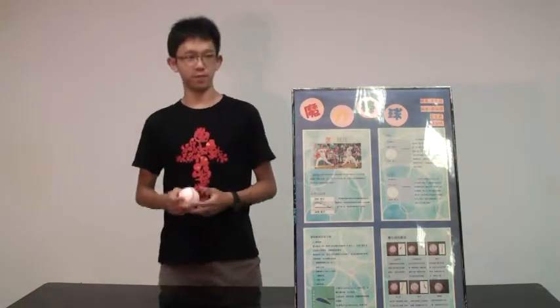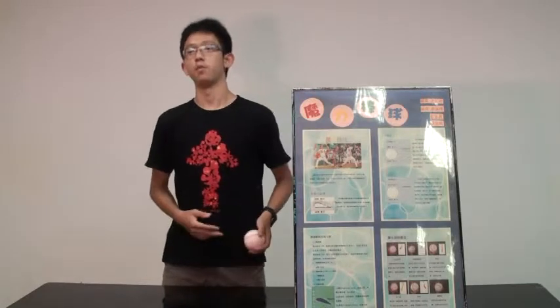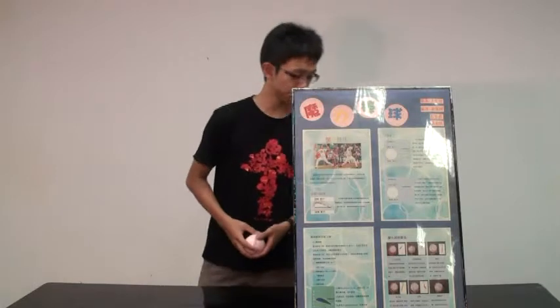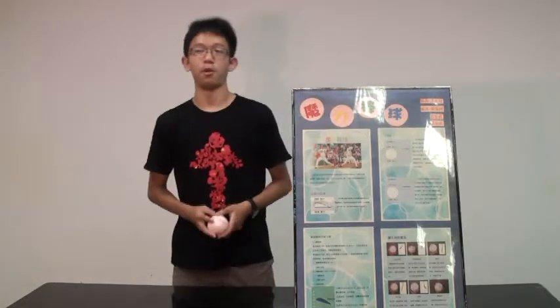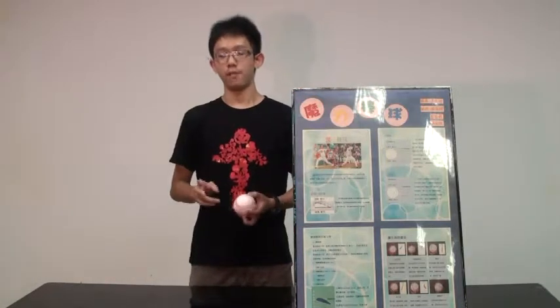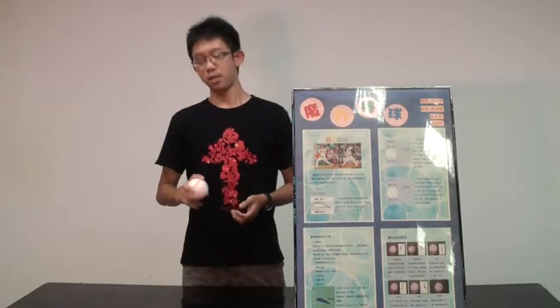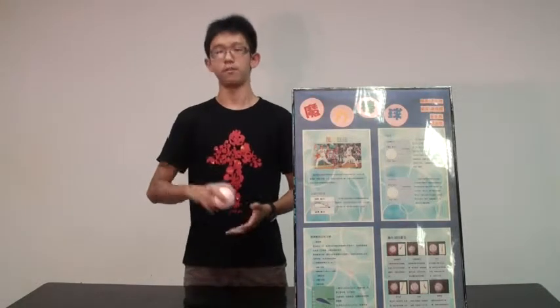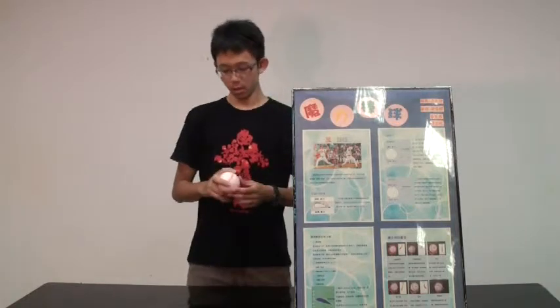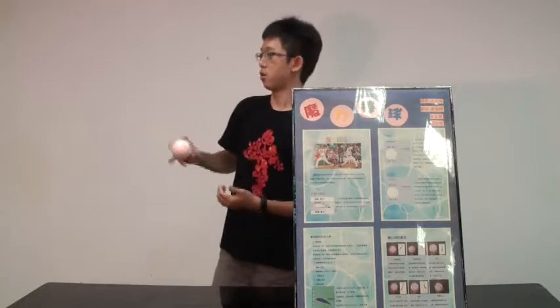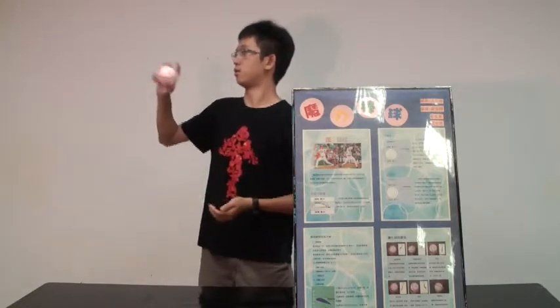First of all, the 4-seam fastball is one of the most basic types of pitch for a baseball beginner. In order to throw a 4-seam fastball, you have to hold your ball like this. You keep your forefinger and middle finger perpendicular to the seams. And when you throw the ball, you have to put some pressure on the ball. So for example, if I throw the ball in that direction,